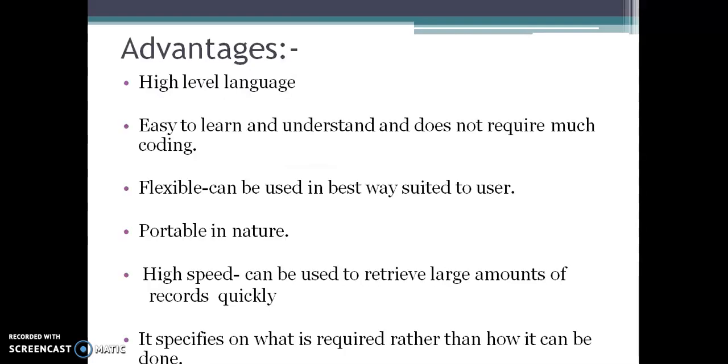Now the advantages of using a structured query language. There are different types of structured query languages, but in general, the first advantage is that structured query language is a high level language. I'm sure you must have discussed in your class 11 what exactly a high level language is. We have three levels of computer language: low level, middle or machine level, and high level. A high level language is a language that is written using simple English,